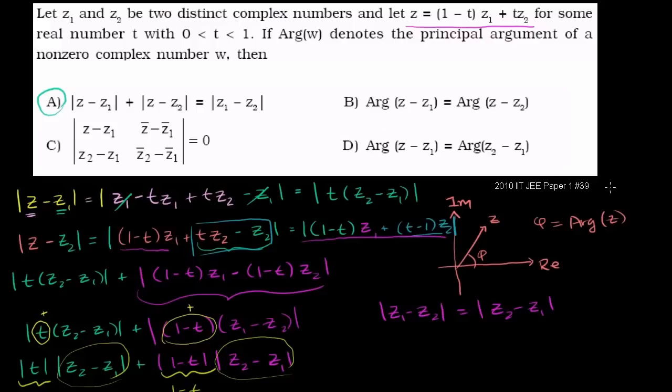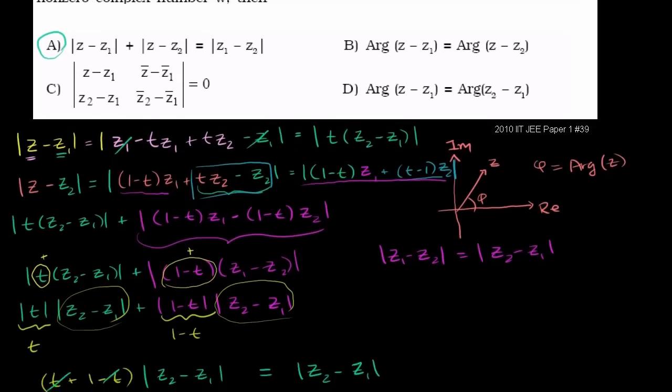So choice B, they're telling us that the argument, let me rewrite it over here. I'll do it in another color. Choice B is telling us that the argument of z minus z1 is equal to the argument of z minus z2. Now let's think about this a little bit. We already did some work. We simplified what z minus z1 is equal to. It's equal to t times z2 minus z1. So this is equivalent to saying that the argument